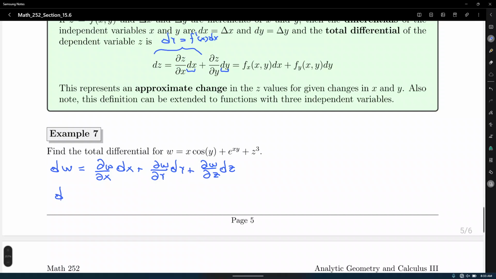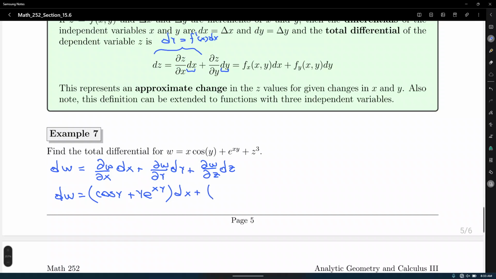So dw equals, okay, the partial with respect to x. So what do we have? The first two terms contain x. The derivative of x is 1, that is cosine of y, plus the derivative of e to the xy, which is e to the xy itself, times the derivative of the exponent xy with respect to x, which is going to be 1 times y. So that'll be y. That multiplied by dx, plus